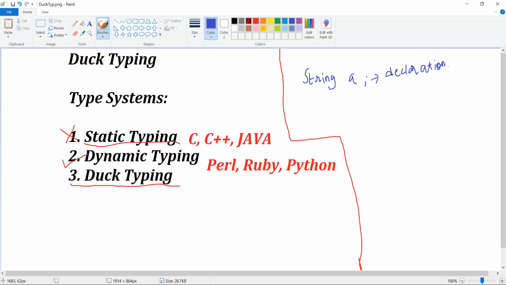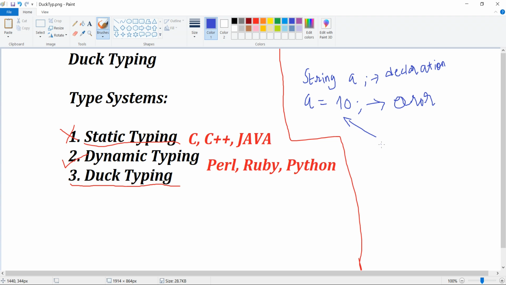By this line, the Java compiler will understand that in the memory block there is going to be a variable whose name is a and whose data type is string. Obviously we'll assign some string values, but if we assign a value like a is equal to 10, then it will throw an error,